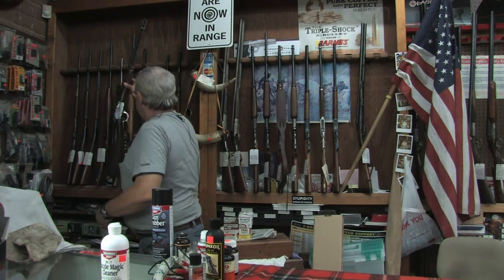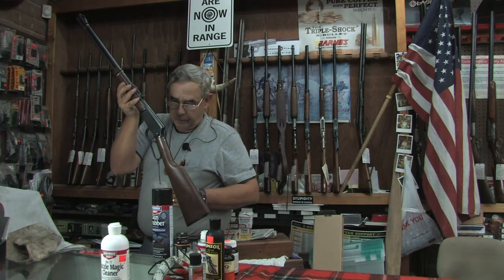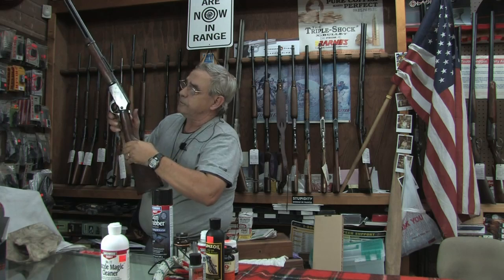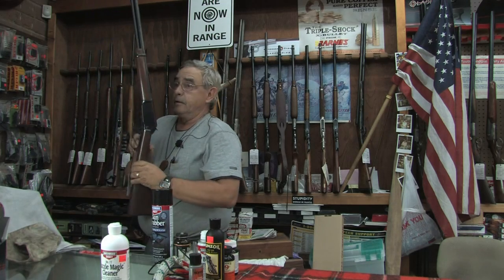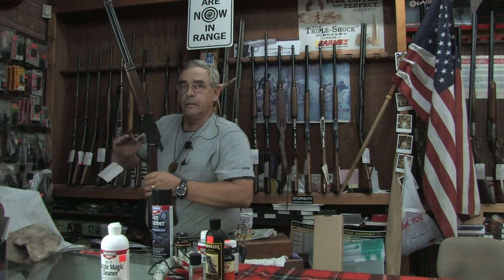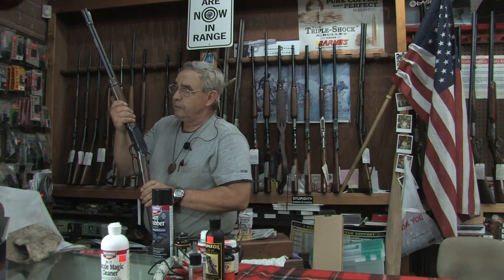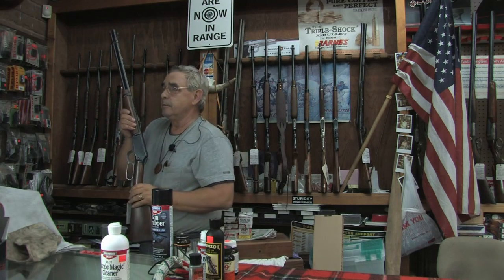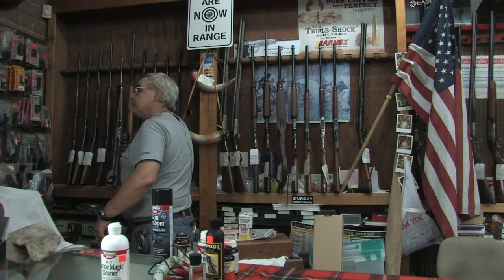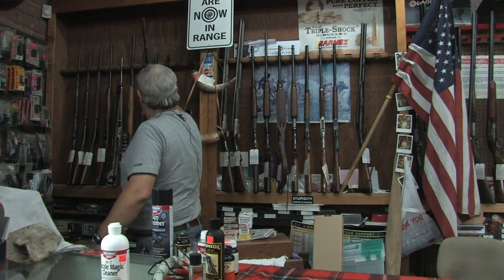Another thing that's a really nice, popular little gun is the lever action. This particular one is a Winchester .22 lever action, and we're going to open it up, make sure it's safe. It works just like it looks like it should work. Just like that, aim it, pull the trigger, it fires. They're a great little gun. They're getting a little bit more expensive because Winchester's no longer in business, but the good thing is you can